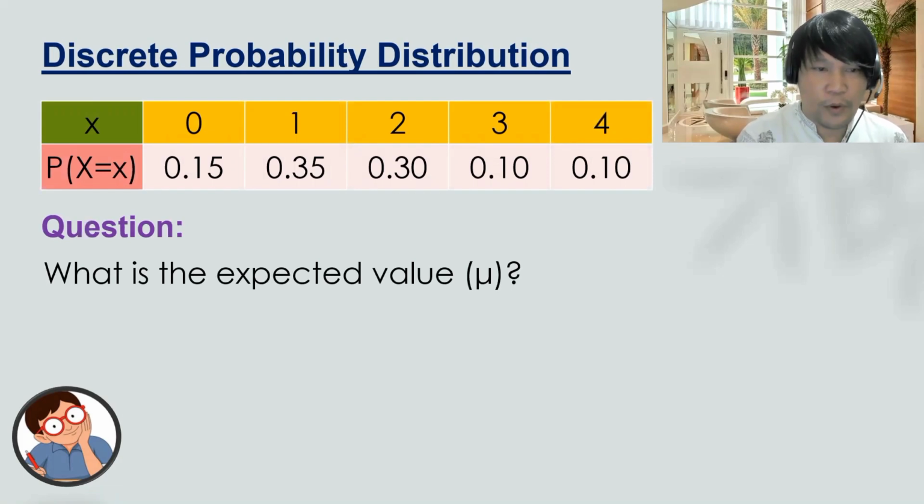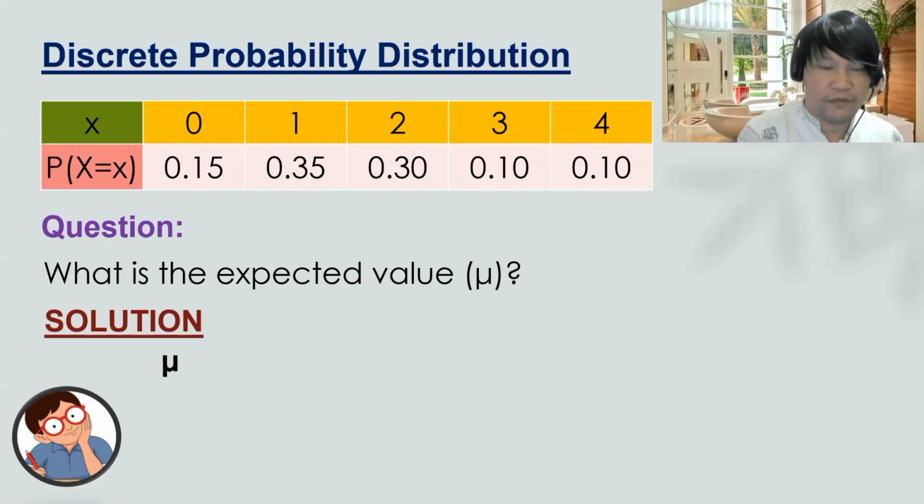And to get our expected value relative to the number of typhoons that are going to enter the area of responsibility, now we do have mu, or the expected value, is equal to, we have 0 times 0.15,